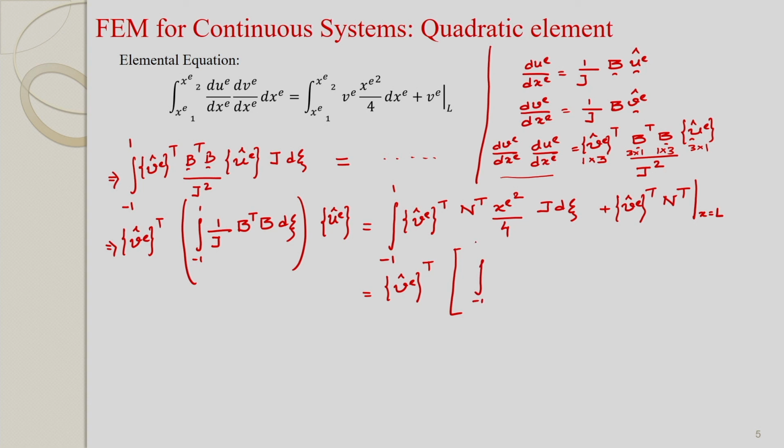We can write this term as N transpose x squared by 4 J d xi plus N transpose at x equal to L. Now, like the linear element, we can use the arbitrariness of v_e transpose. So, in this way we have the equation as